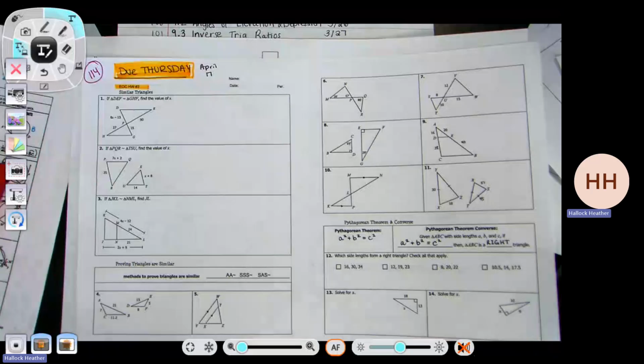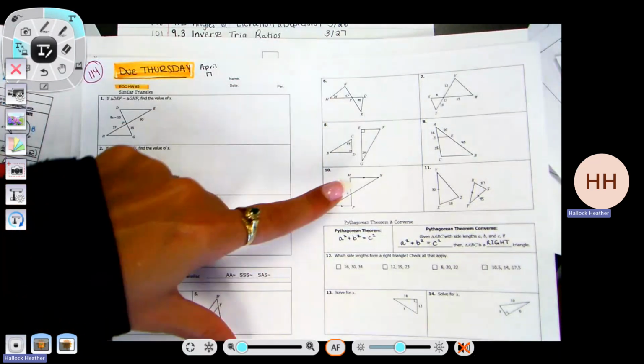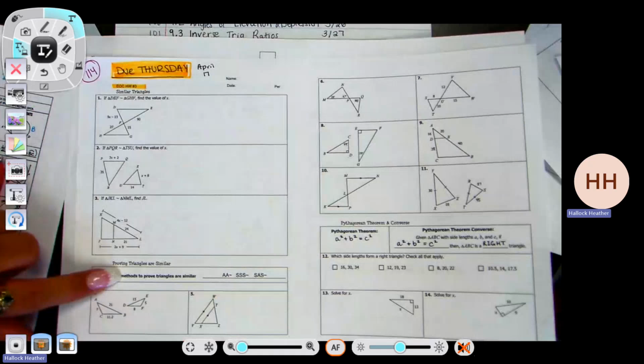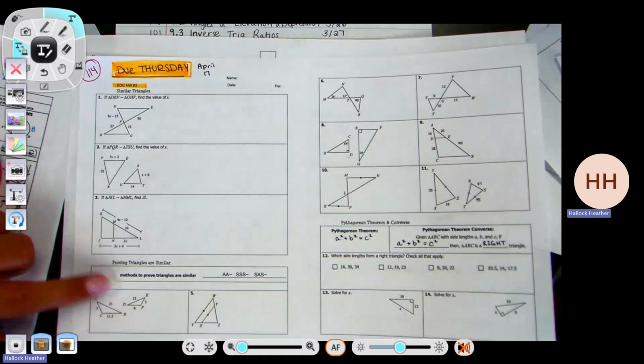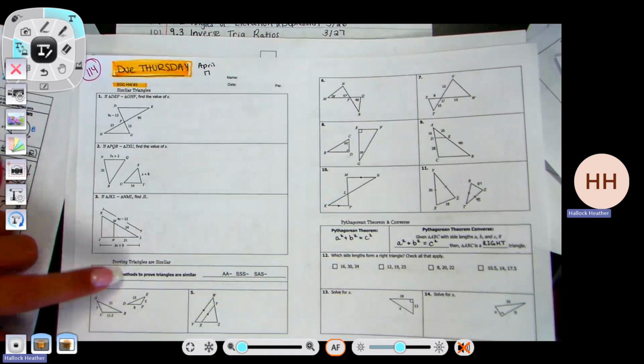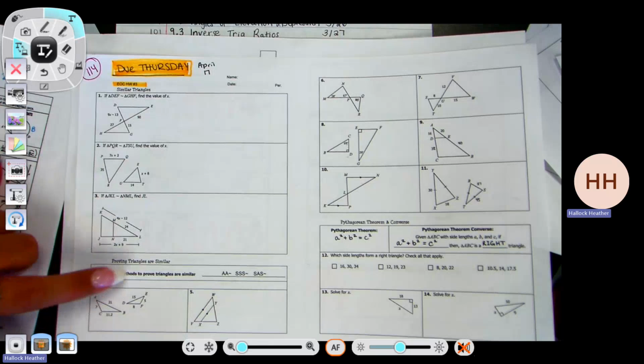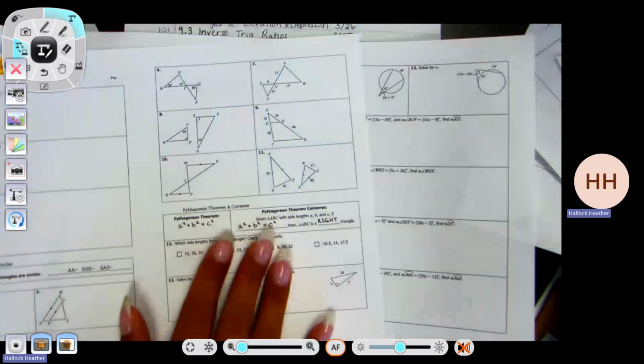Small over big, and you cross multiply. Okay, so let's go to number 8. So 4, 5, 6, 7, 8, 9, 10, 11. All of those are proving triangles are similar using one of these three things: side, side, side; side, angle, side; or angle, angle. So if we start at number 8,